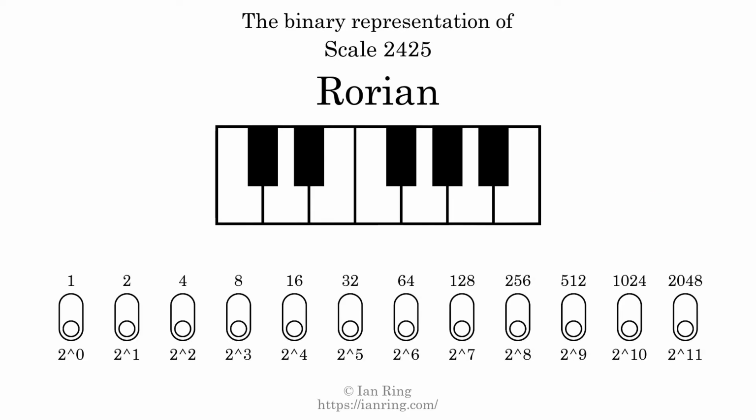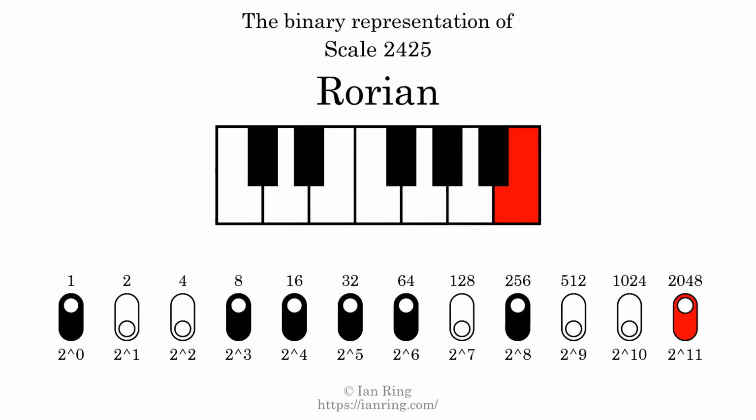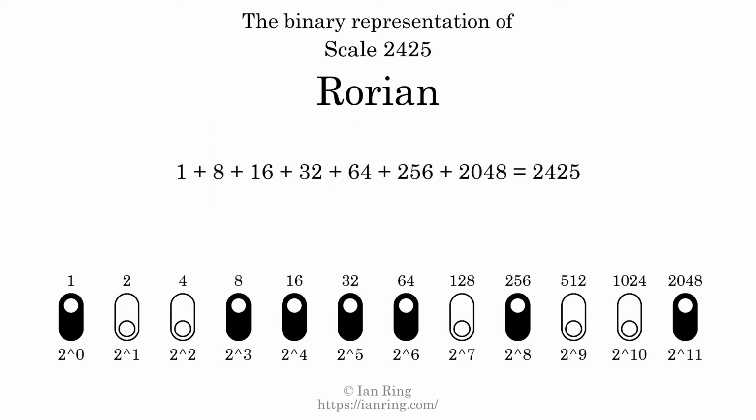The binary representation of this scale is determined by mapping tones of the scale to binary digits. Each binary digit represents a power of 2. To get the scale number, we add the powers of 2 together. The powers of 2 that are present in the scale, all added together, equals 2425. That is why the scale number, in decimal, is